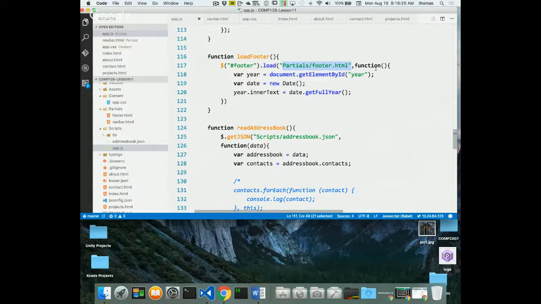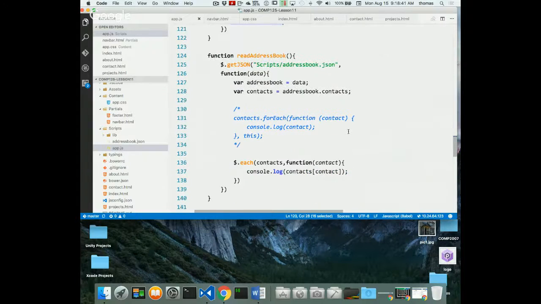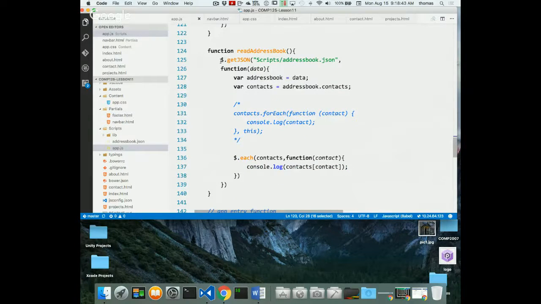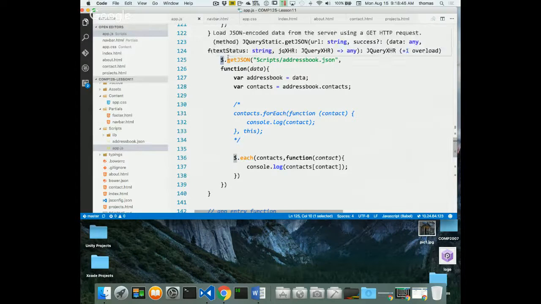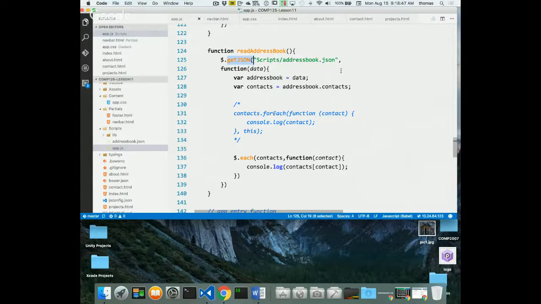And then we did a callback function to do things like put the year and the date and all that in the inner text of the year element. We have a year element that's inside the footer object, and we can put that in place. We also were able to use the $, so Ajax, jQuery.getJSON. This is way easier than doing JSON reads. We don't have to wait for objects to be ready and the ready state change and all that stuff. We don't have to do any of that stuff. It's all built in, where we say